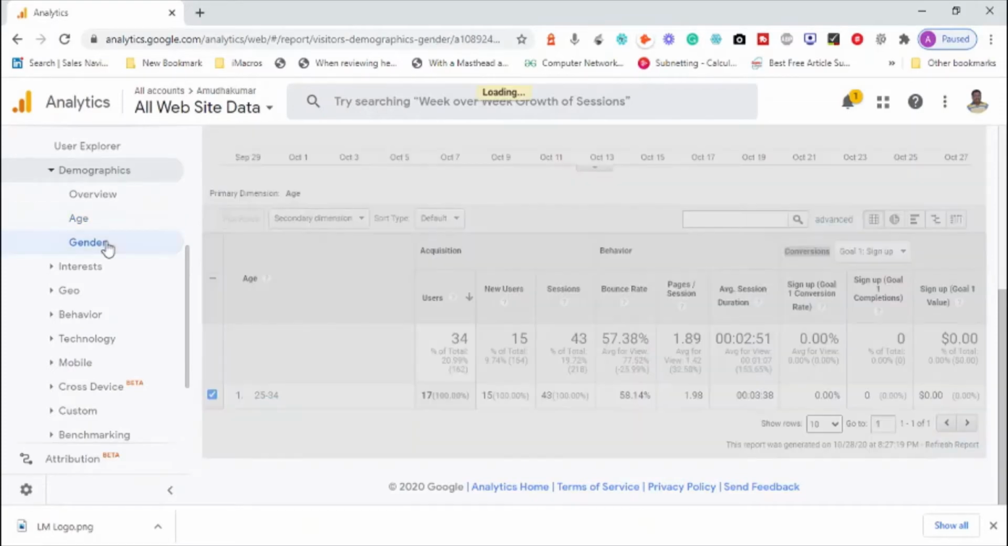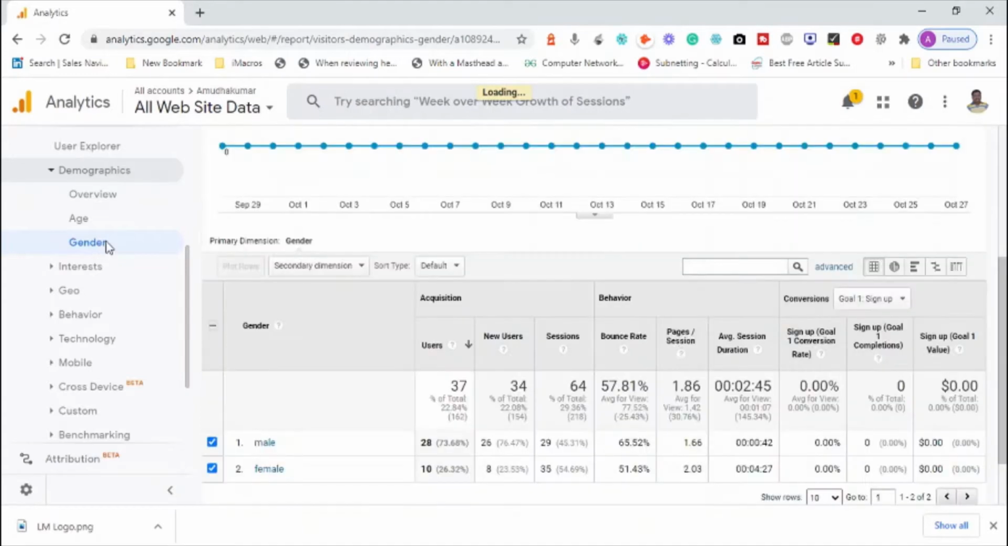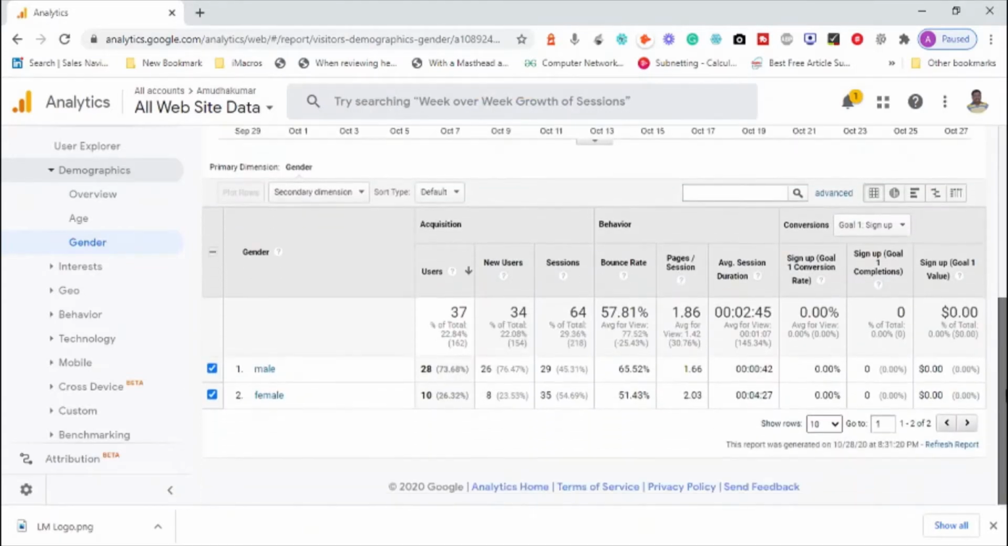The people who have come to my website are only from 25 to 34. Now what is the insight that I am taking? The people who are coming to my website, amudhakumar.com, are only from the age of 25 to 34. Now what will I decide? When I run an advertisement campaign, I will target people aged 25 to 34